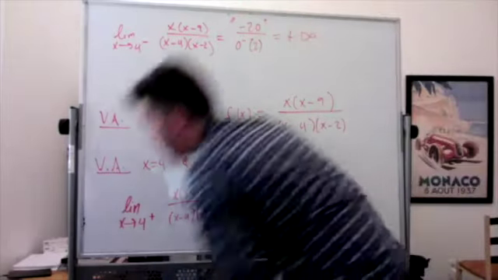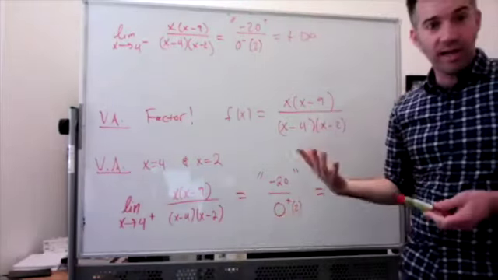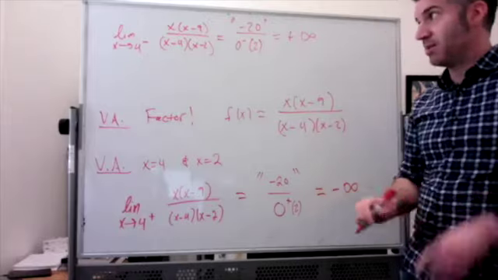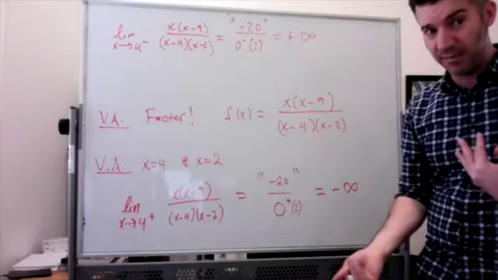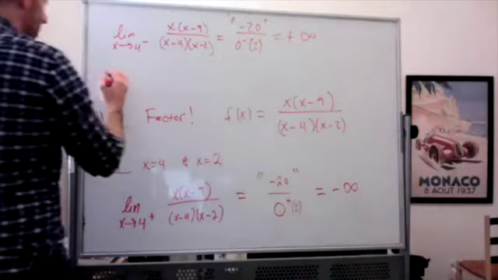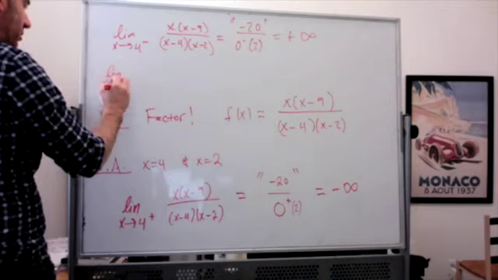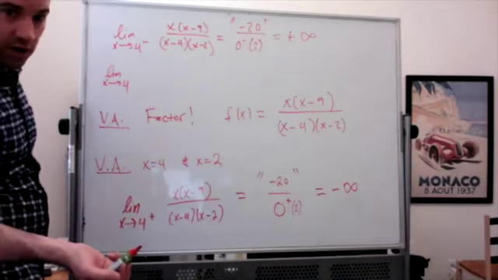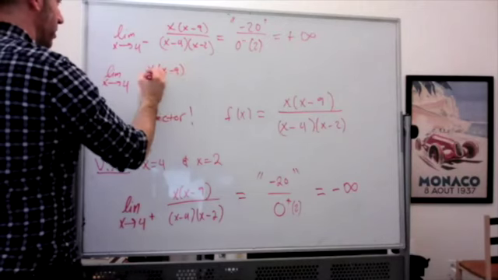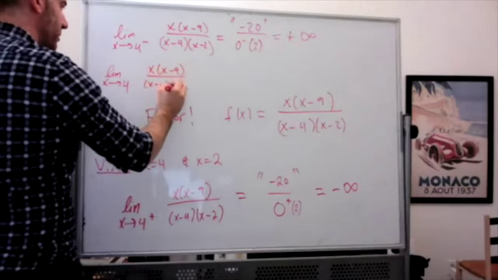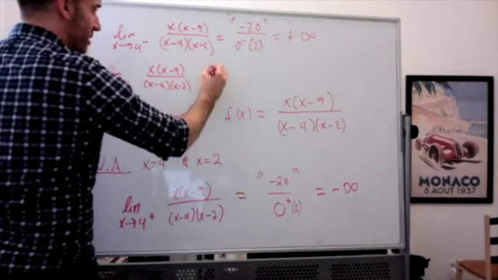So the limit as x approaches 4 from the right is negative infinity. The limit as x approaches 4 from the left is positive infinity. And since the infinities are different types of infinities, we would say that the limit as x approaches 4 overall, or the double-sided limit of x times x minus 9 over x minus 4 times x minus 2, does not exist